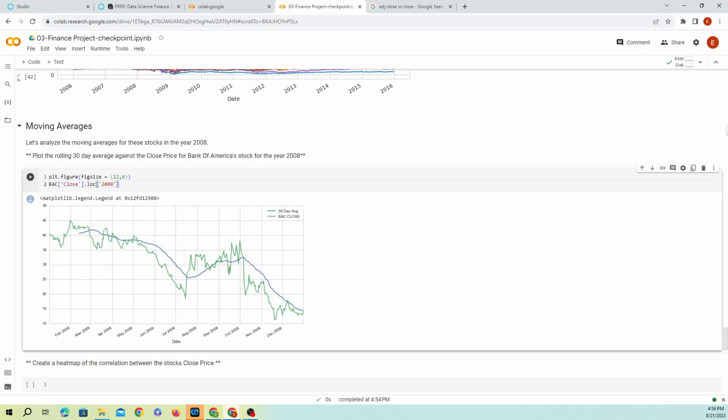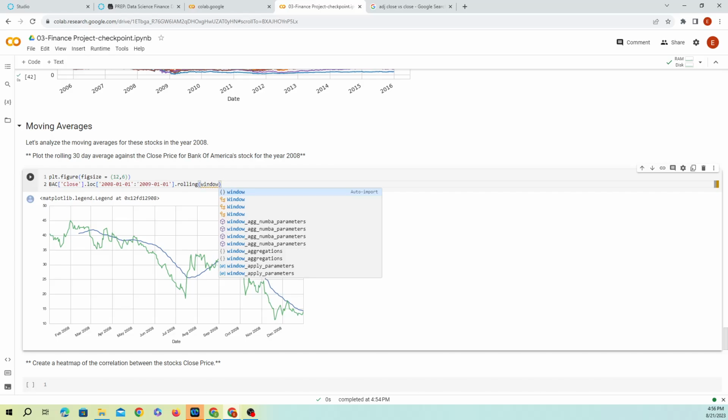And we're going to do the rolling. What rolling is going to do is allow us to figure out a 30-day period average.